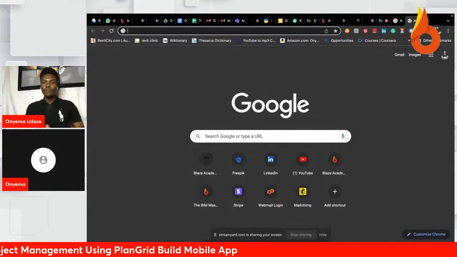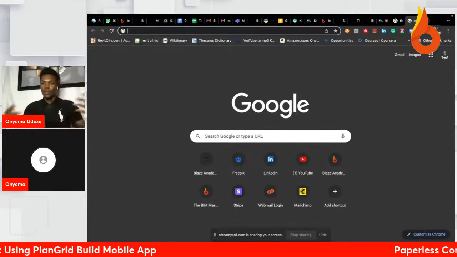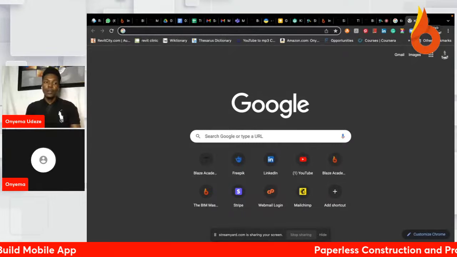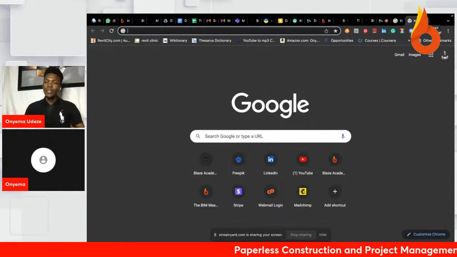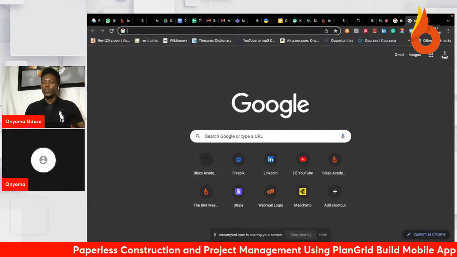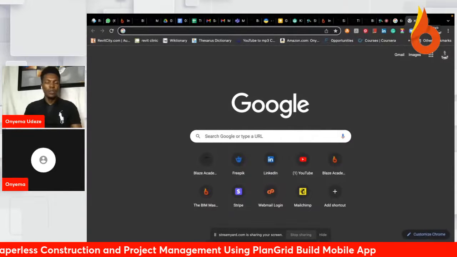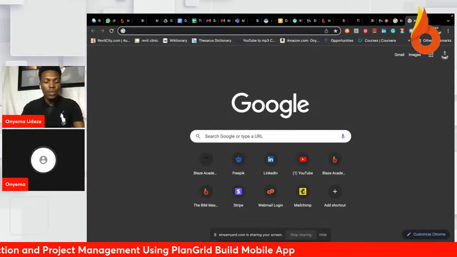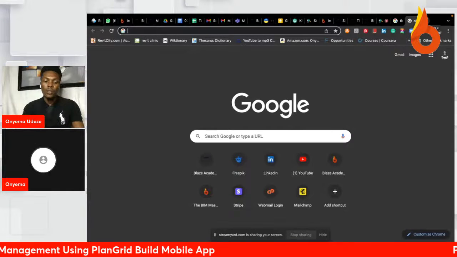Yes, so first thing is, of course, this is a collaboration platform, and I also have to mention that I am not marketing any vendor in this presentation. This is basically a tool that aids collaboration on the project site and also reduces paper use in construction. Paperless construction. So the first thing you have to do, if you want to create a project on this platform,